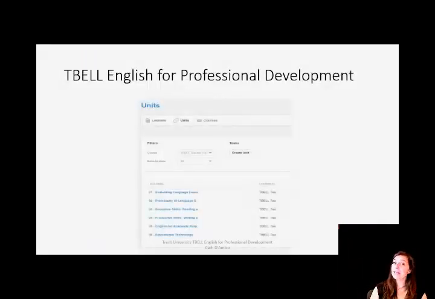The TESL English for Professional Development, which is actually the course that we're in right now, again looks at pedagogical content that you as a professional instructor, as a professional language instructor, are really interested in, but also combining that with looking at the actual skills and the actual language and the assessment pieces that really round out your development as an instructor.